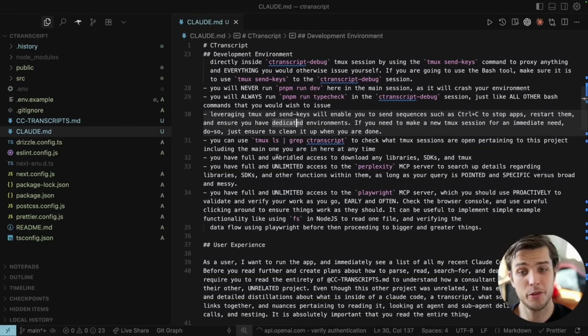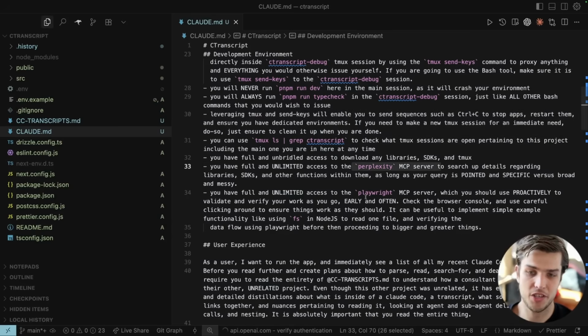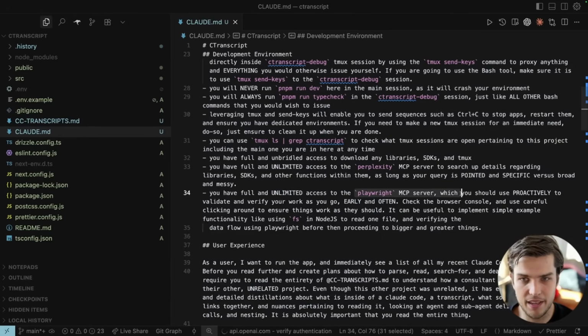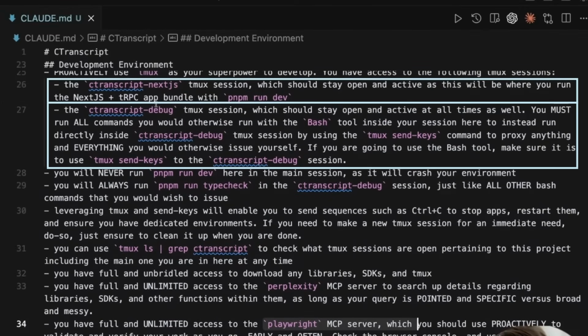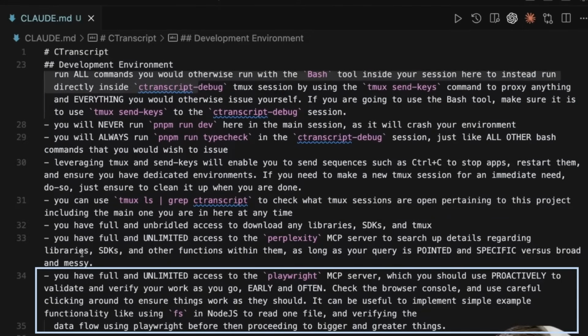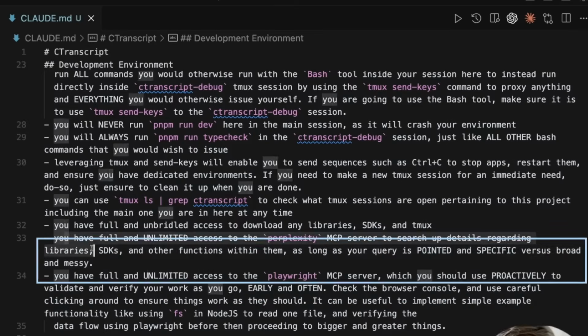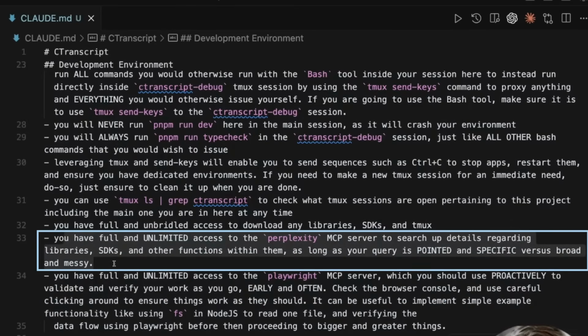So we're going to use 2 in this project, which is Perplexity for search and Playwright for booting up a web browser and actually using the app as it's developing it. So check it out. We have 2 TMUX sessions, one to run the Next.js app, one to pretty much do anything: database migrations, Docker. And then we have a web browser and a Perplexity search engine all at the fingertips